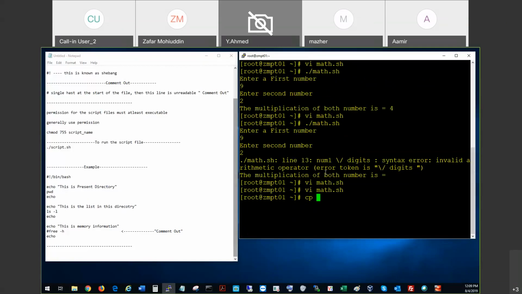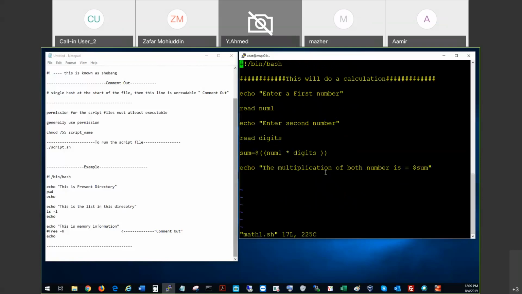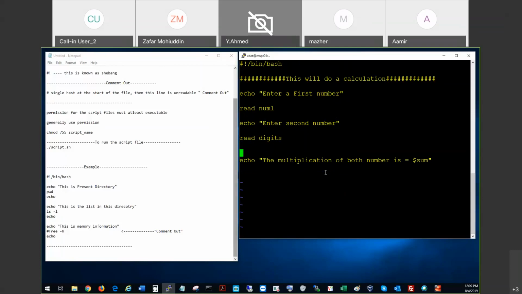Okay, so I have this file here. So over here, I'm going to use an expression. This is also a built-in command. So what you type is